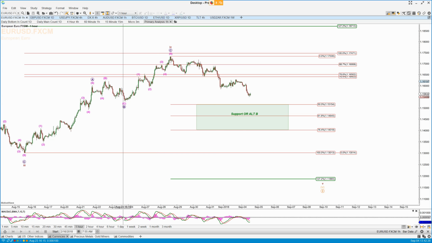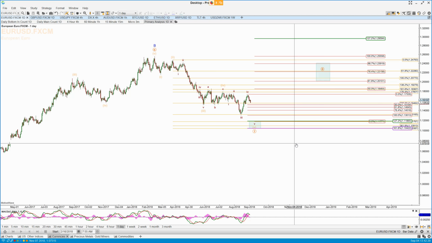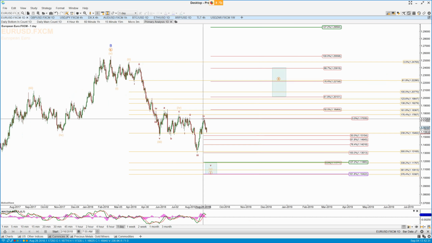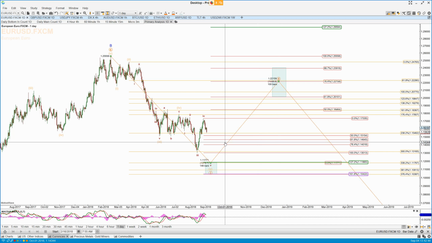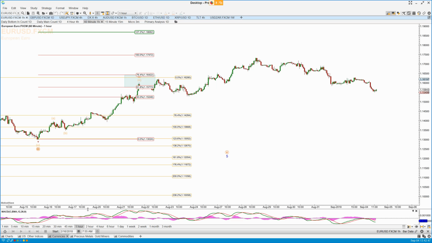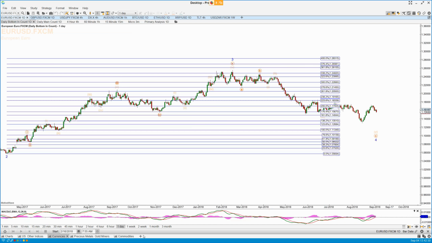And therefore, conversely, I'm looking for a final low in the euro. If I just take it down to a daily chart. So this is a 4, but this part of the structure is seriously messy, and it is possible we've got the 1 in, and this was a 1 or A rather of this 2 up, and we're in the B back. But that notwithstanding, it did offer up